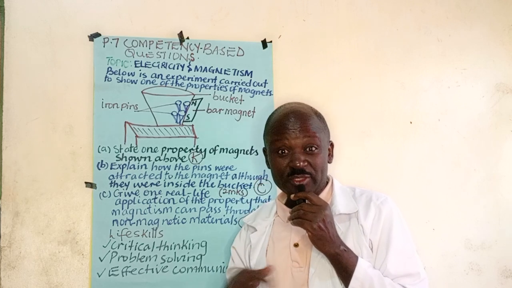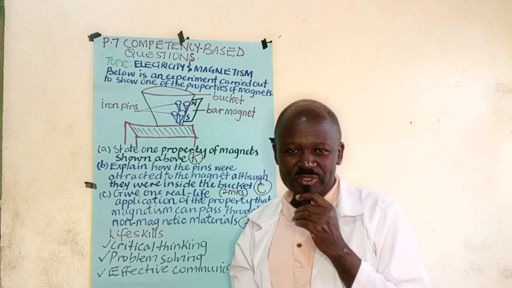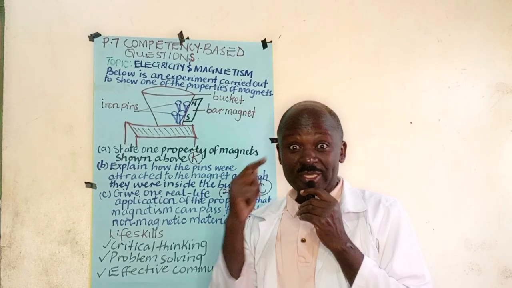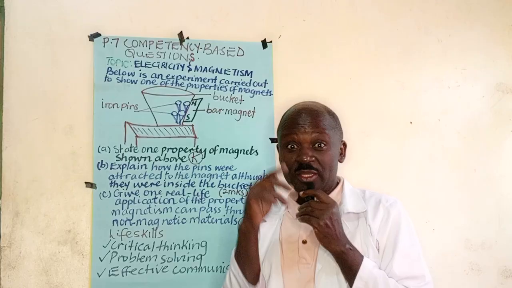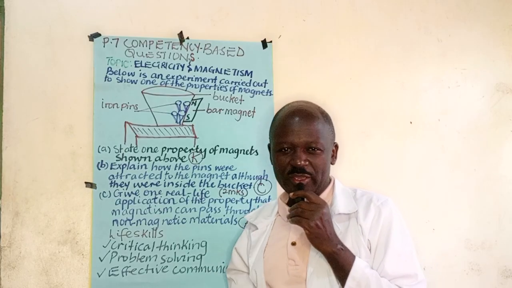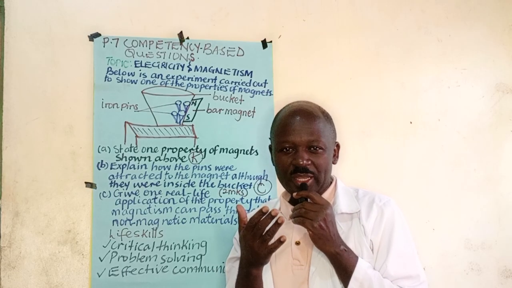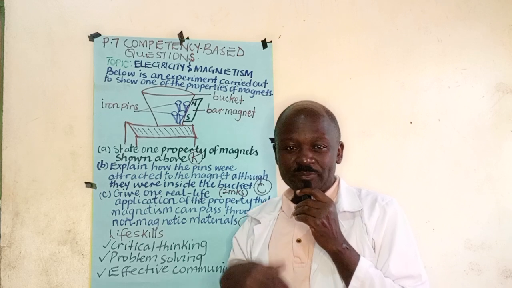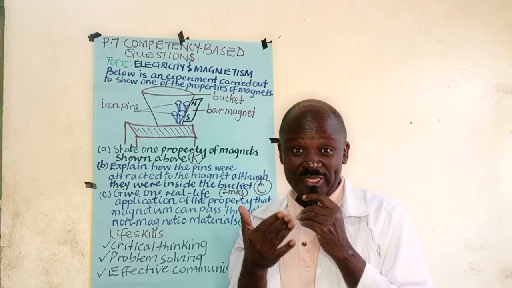It is used to remove iron pins, iron nails from sugar crystals. Because in P5, we normally teach them that using a magnet is one way of separating solid mixtures. You can even remind them of that concept which they learned in P5. Then the last response, it is used in magnetic doors, or it is used in closing and